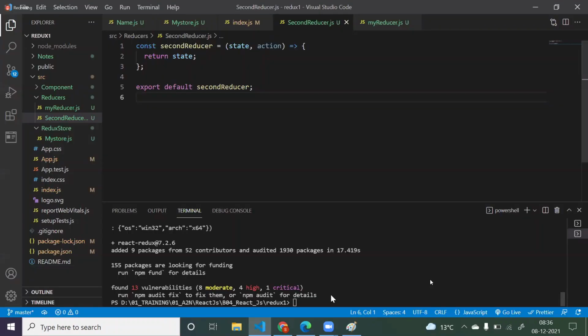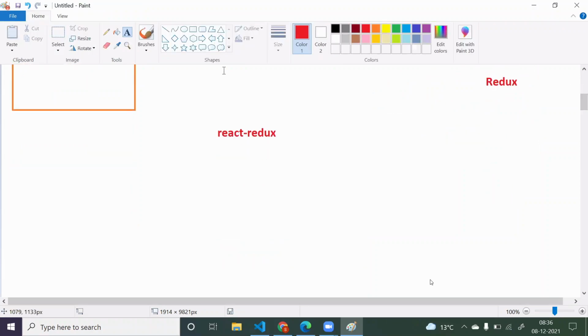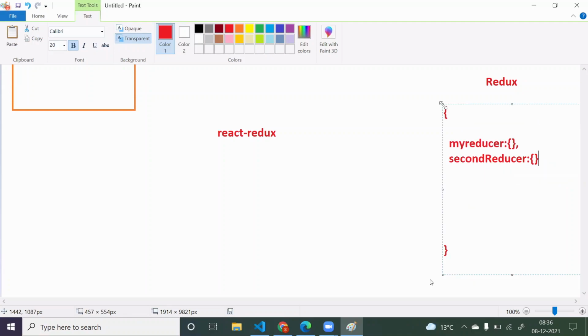So basically how your Redux will look, let's try to understand. Redux is like an object. So it will create one object like this. Store is technically one object, right? Now how many reducers you have created? Two reducers. So it will store my first reducer, again it will create one object, comma, you have created one more second reducer, it will create one more object. This is how the data structure of your store will be.